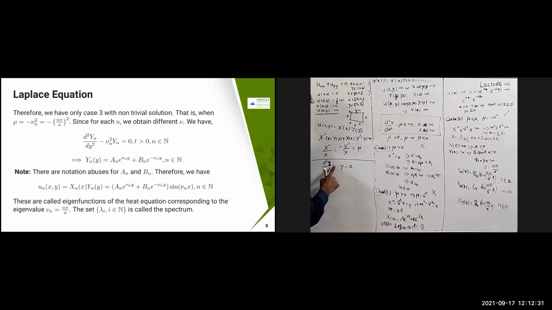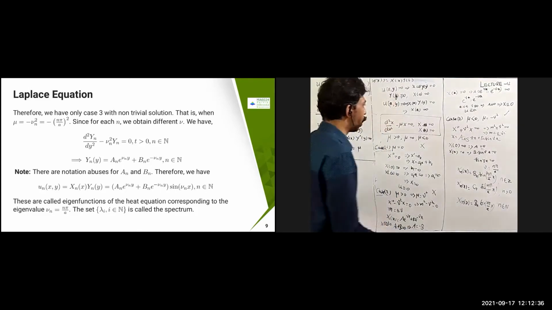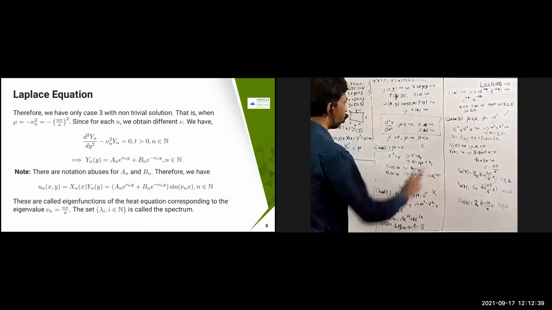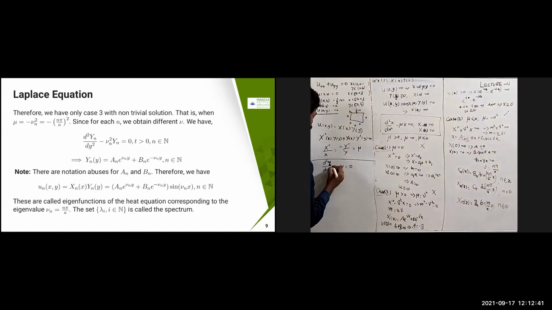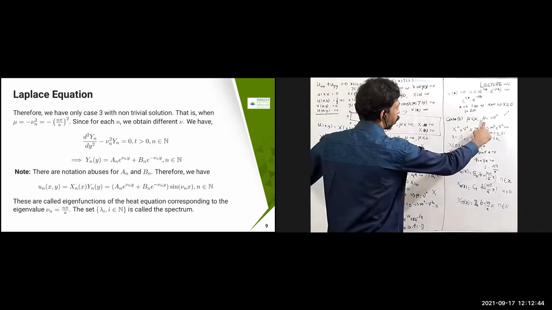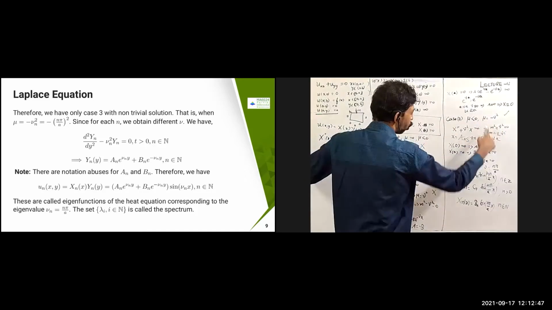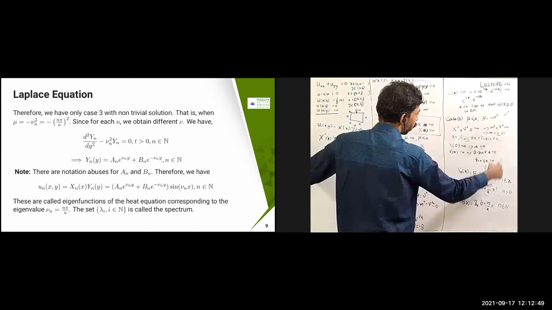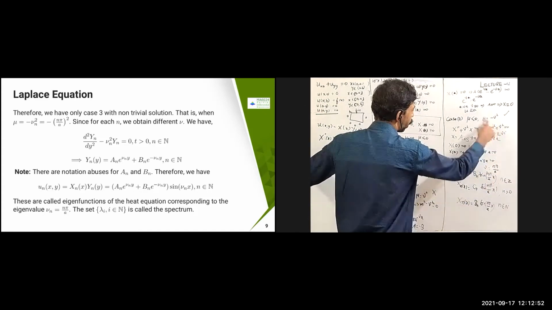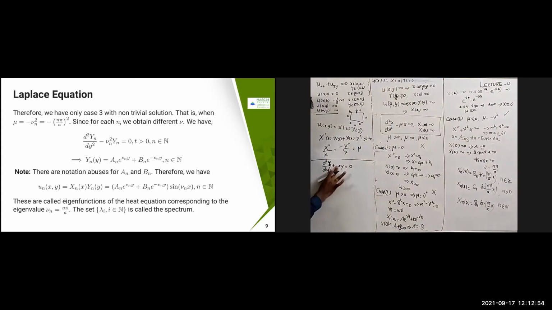So therefore this problem is going to become minus nu_n square y_n. In the place of nu I want to replace that. So here it was plus nu y, now I have assumed nu is equal to minus nu square. What is nu? Nu is nothing but n pi by a. So therefore it is going to be minus n pi by a whole square y. Sorry, there is no t, that should be there is no t.